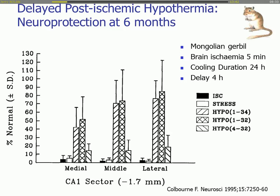But this is one of, I suppose, several animal studies that show that if you look at, these are the times up here, these are animals that have been cooled for 24 hours, 32 degrees. And I want you to focus on the columns, bars with the crosses, and the lines here. The first one, the one with the crosses, are where the delay to cooling is just 1 hour. And then the ones with the diagonal lines is where the delay to cooling is 4 hours, which I think